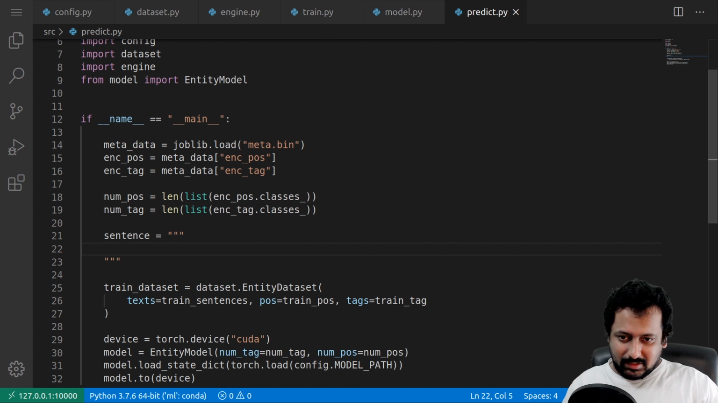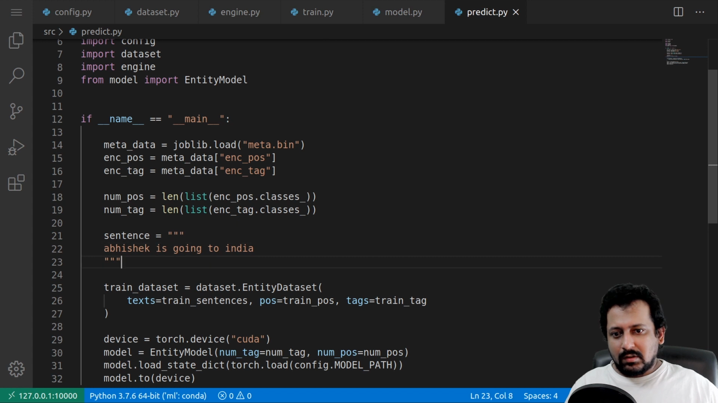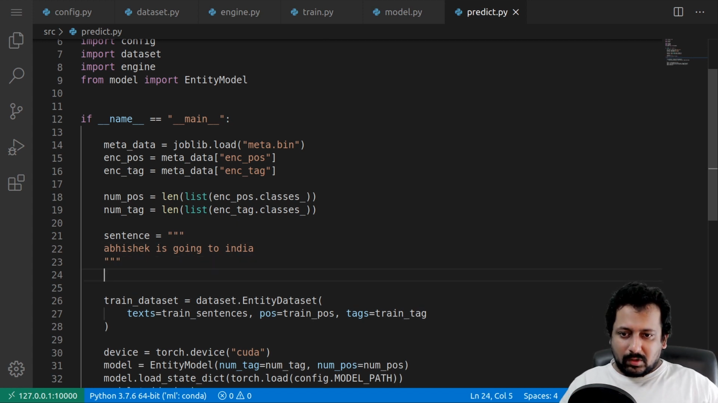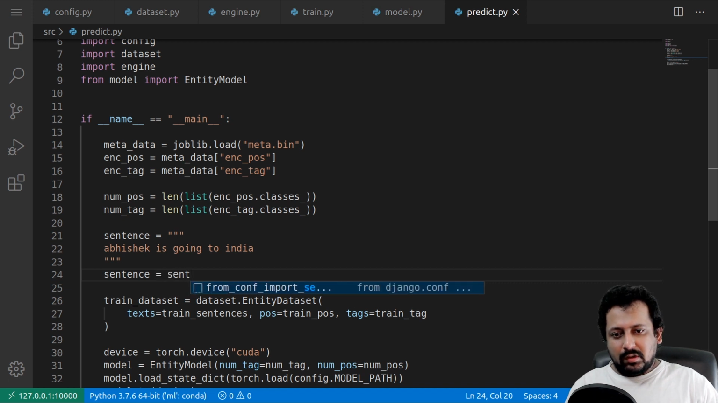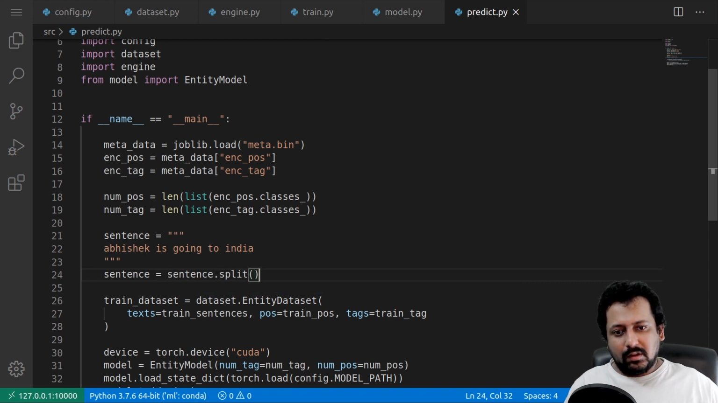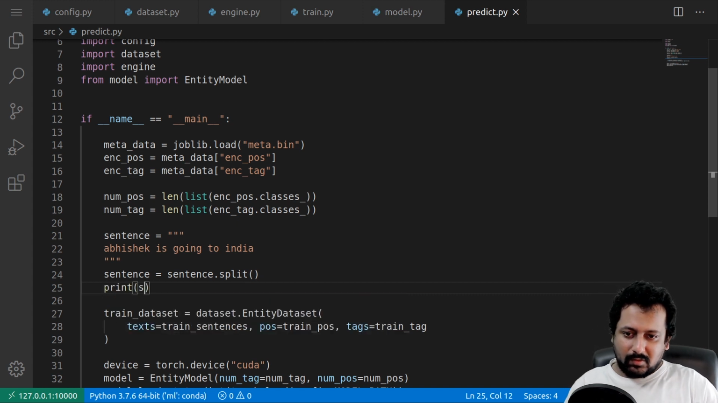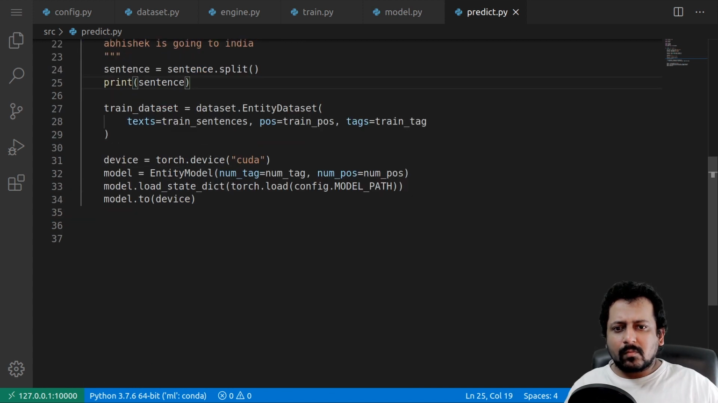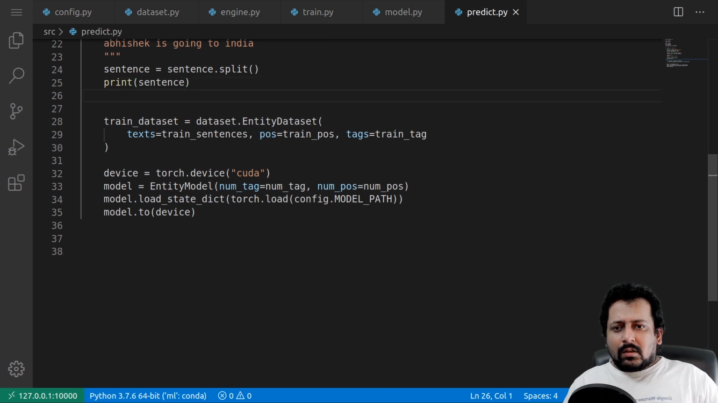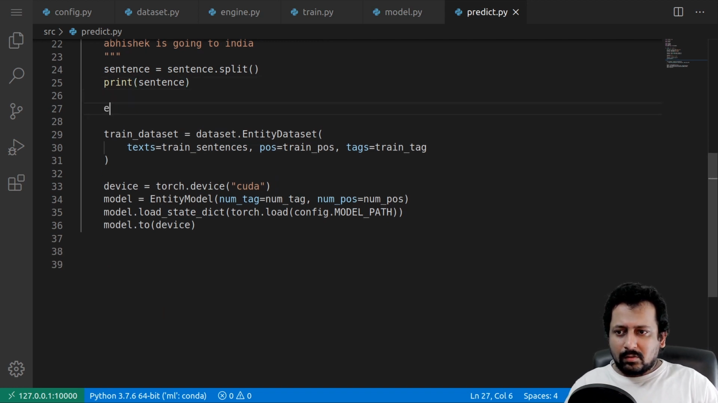So my sentence is "Abhishek is going to India." You see, I'm just using lowercase everywhere. So the sentence that I want to supply will be sentence.split, so split by all white spaces. Let's just print the sentence. And now we need to encode the sentence too. So the encoded or tokenized sentence is